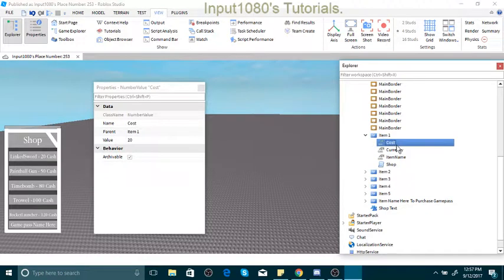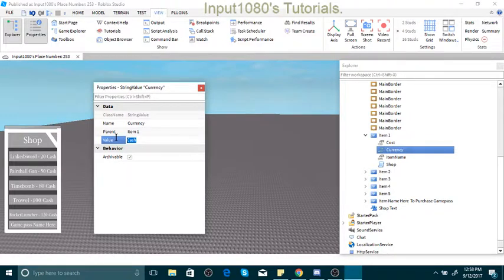So in here, when we go down to currency, this is your currency, so this is the name you put in the leaderboard script. Like when you join the place, it will show cash on the leaderboard, or whatever you want to choose. So when you go to the leaderboard script and change this, let's say for example, gold,